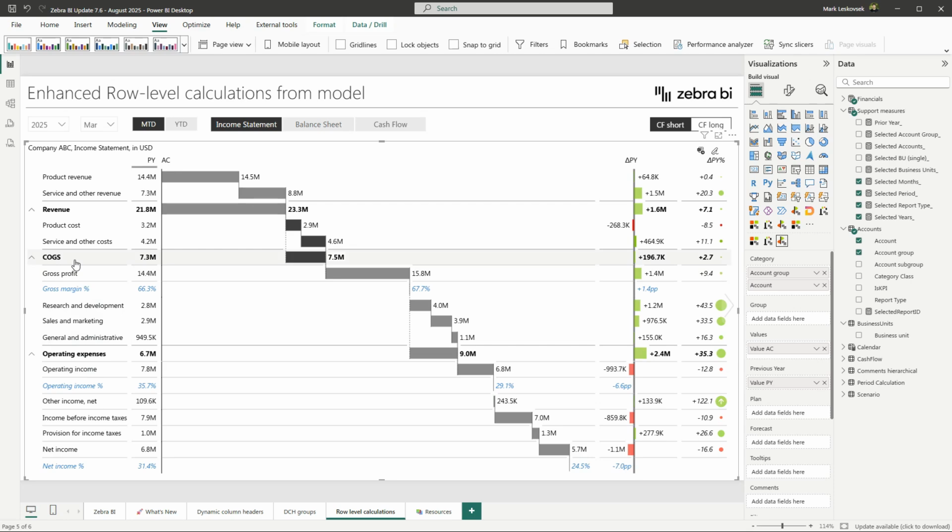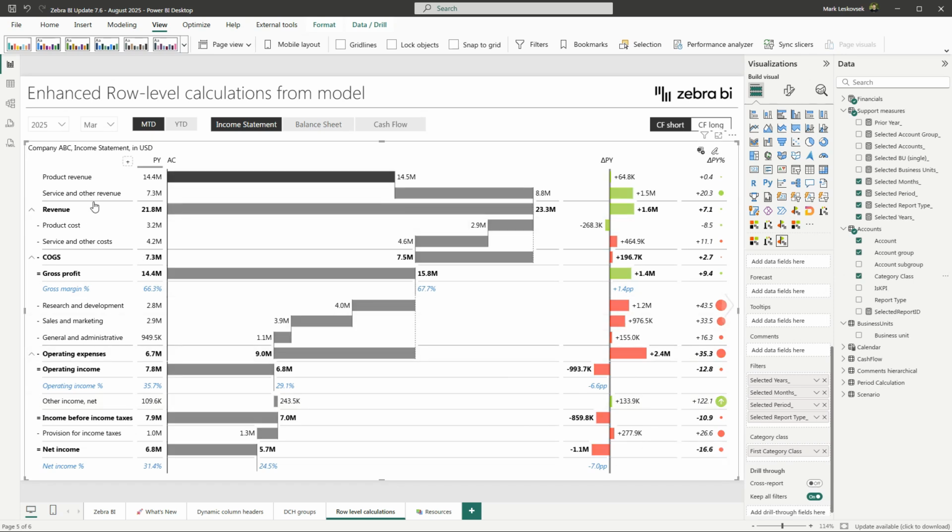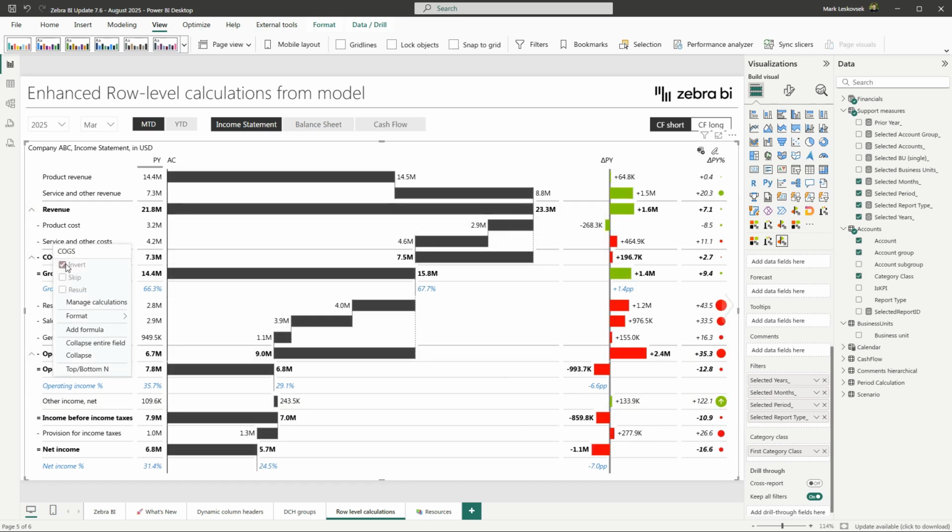Now, we've recently added the ability to completely streamline this and make your income statements, balance sheets, and cash flows calculate all those calculations across the entire report and all the visuals. You simply add another field to your accounts hierarchy called category class. And then you add this into the special placeholder for category class. So we drag and drop this field and voila, now all the calculations are actually applied